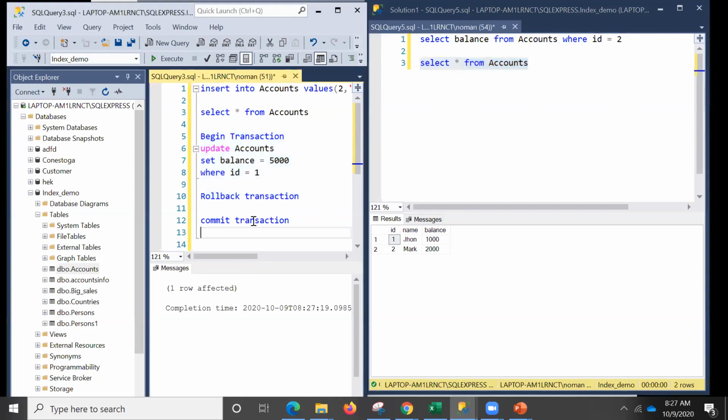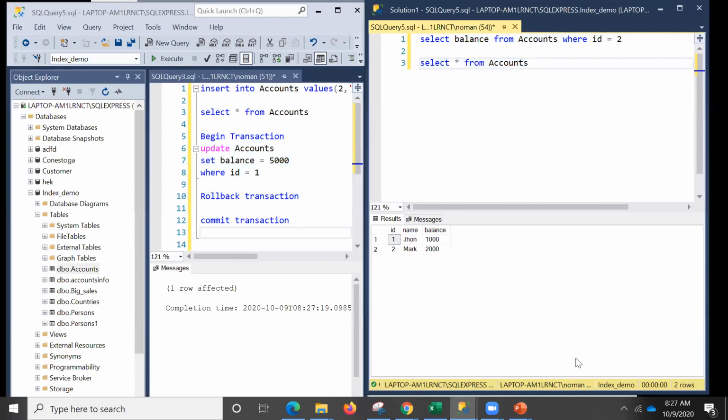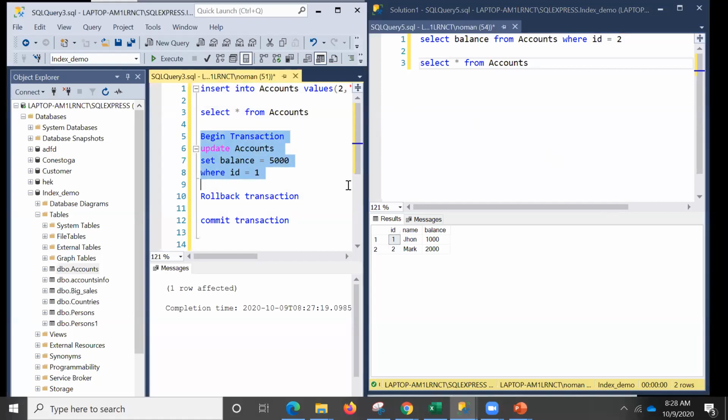So the thing we wanted to see here is that if you have just begun a transaction and have neither rolled it back nor committed it, you won't be able to see the results from the other window, from the other session. This is the thing that we want to discuss.